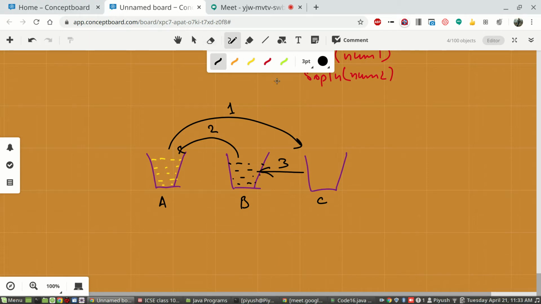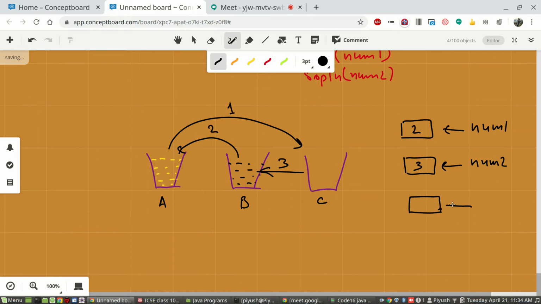So we have one variable named num1 containing 2. We have another variable num2 containing 3.